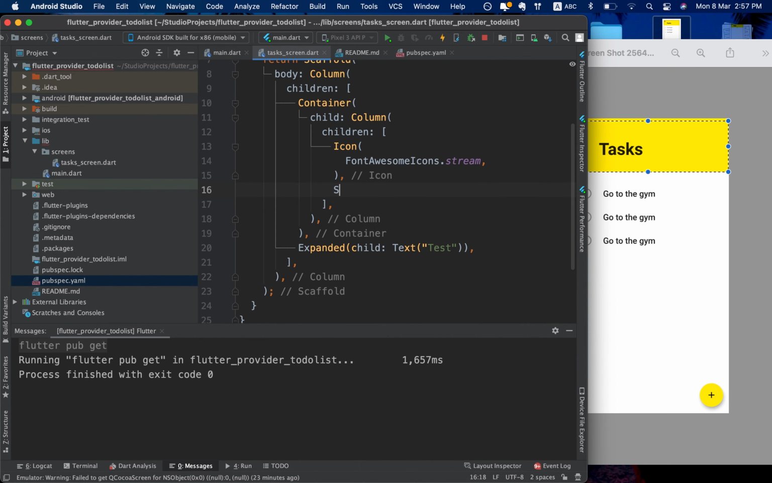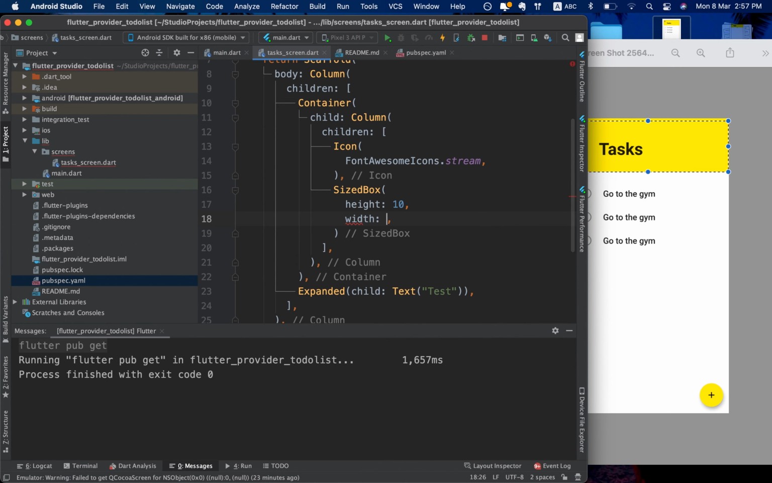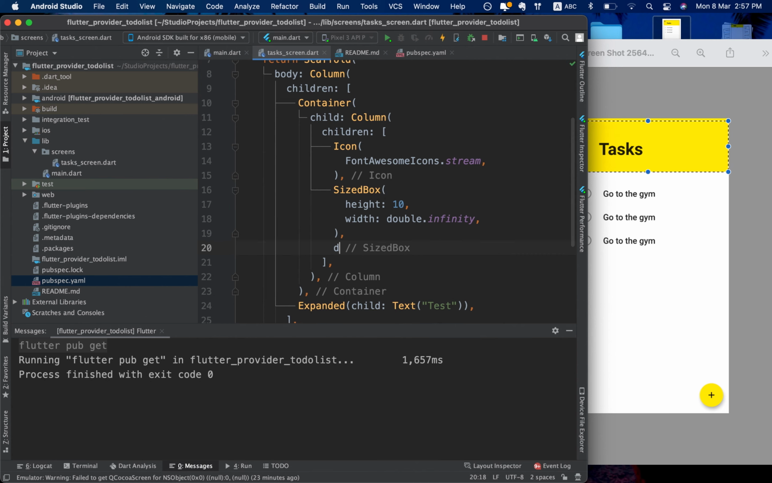And then create a size box for height. I'm gonna set it to like 10 pixels, and then the width I'm gonna set to infinity so that it takes up the entire screen. So we're gonna do double dot infinity in order to take up the entire screen. And then I'm gonna create the last one, which is just a text that says task. Let me move it to another line right here. So task, and then